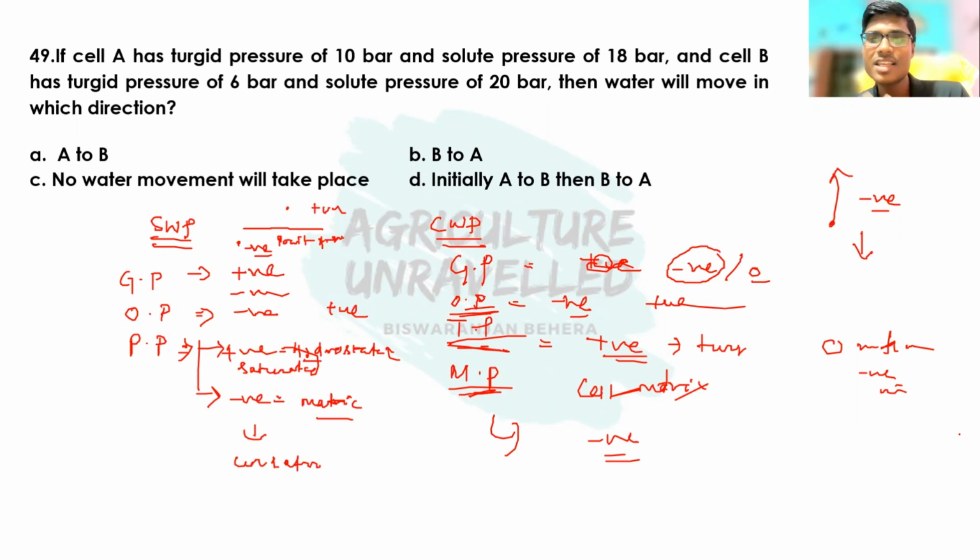Actually this thing is very confusing. That is why I am taking much time in clarifying the concept of potentials. And always remember the formula: DPD, diffusion pressure deficit, is always OP minus TP, osmotic pressure minus turgor pressure. If matric pressure is also present, then it is MP plus OP minus TP.